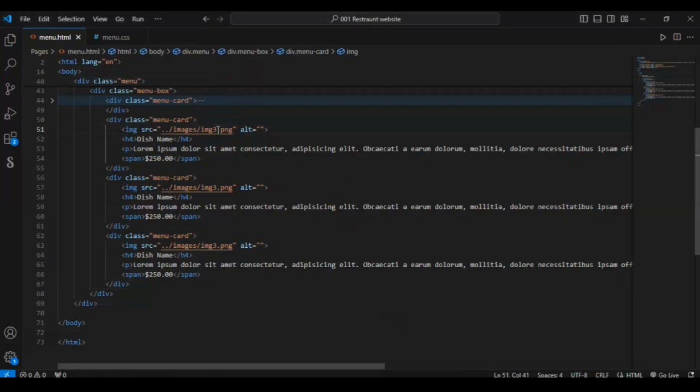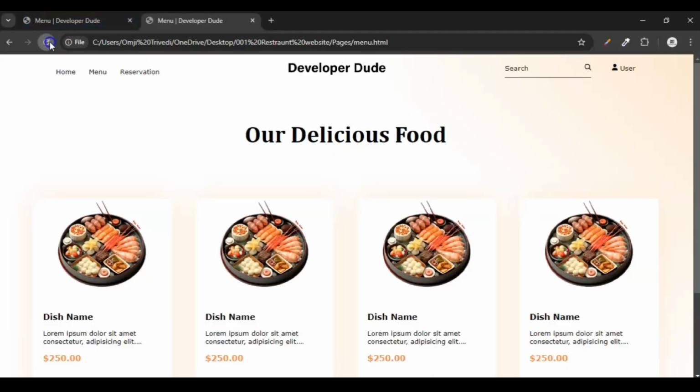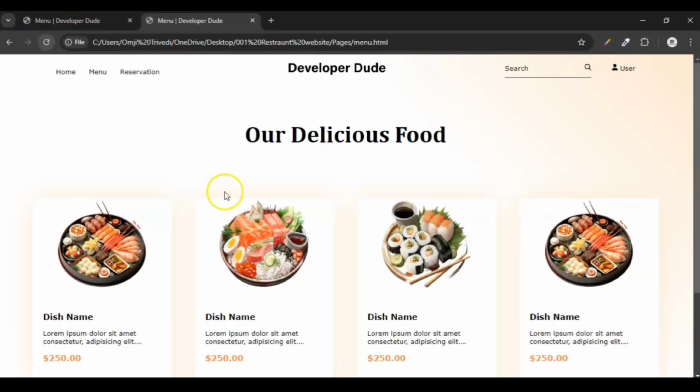Okay, 4, 5 and again 3. Save it. Let's see. So the images have changed. This is our menu page,